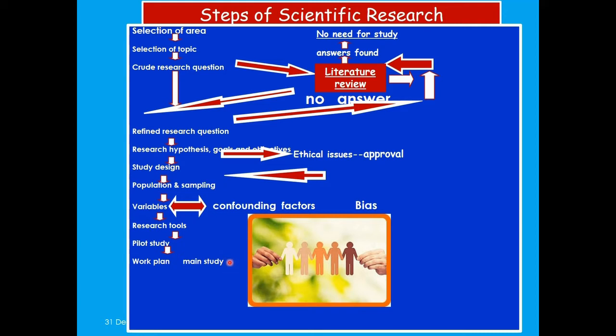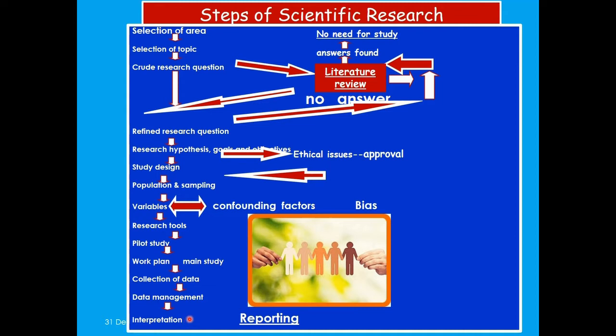During the main study, collect all the necessary data as per your protocol for that particular research. Once your entire data collection is over and you have completed the study in all the required number of participants, go for data management. Once the data management is completed, the next step is the interpretation of the result, whether the particular hypothesis which you have thought is really true or there is a lot of variation coming up.